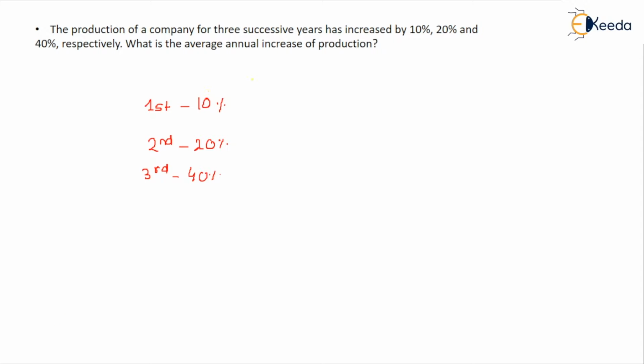Okay. So I told you, whenever you come across an increase type question, you can simply apply one formula, that is A plus B plus AB by 100. The same formula you can apply in compound interest, and the same formula you can apply in average as well. Here A means the increase in the first year, and B the second year, increase or decrease, whatever there. This is how you need to solve a particular problem.